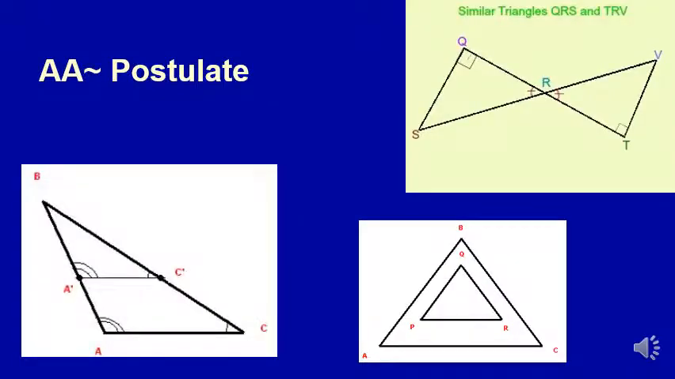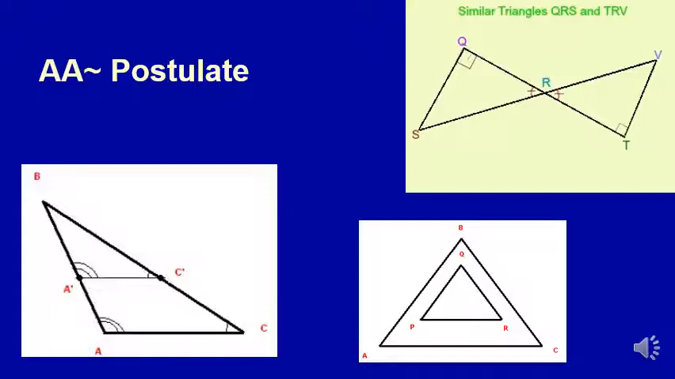Here's three different pictures that are showing you how this postulate might work. At the top right, you see sort of a bow tie shape. There's some right angles that are marked to be similar, and there's also some vertical angles in that picture. And since I've got two pairs of congruent angles, I know that triangle QRS and triangle TRV would have to